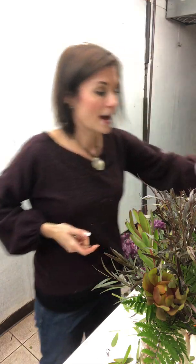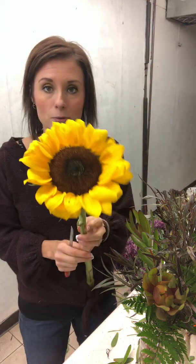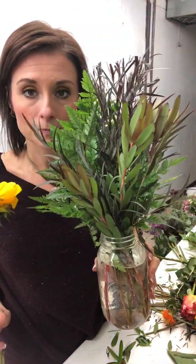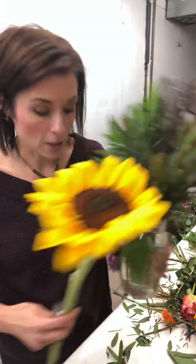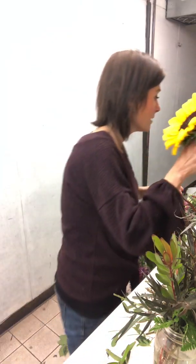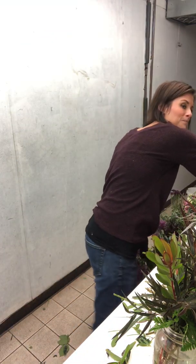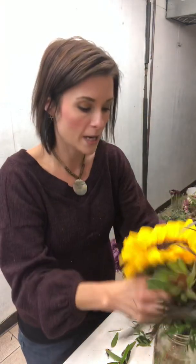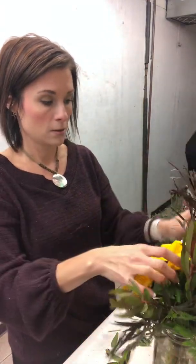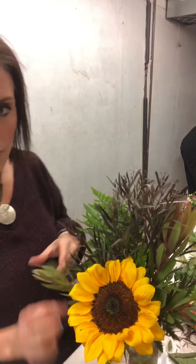Okay, so I have a very large sunflower that's going to be my focal point. I'm going to start with that. So here is my vase so far. I'm going to put it right in the middle. You're going to notice that this is going to completely overpower the vase. And I am doing it a little bit lower just because I want it to be my focal point. I already lost some of my...